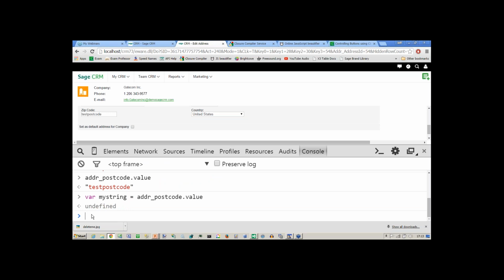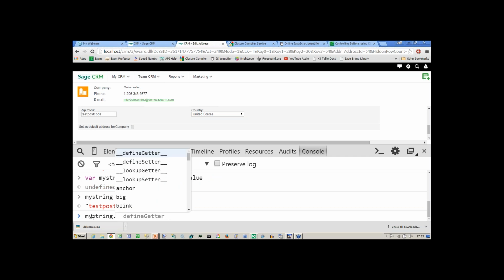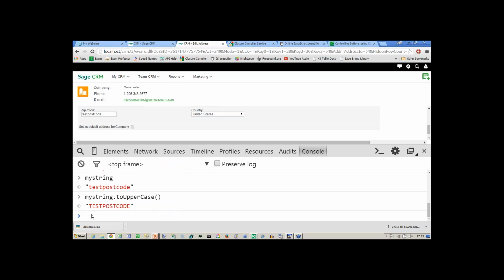So I now have my string, which is test postcode, but if I say to uppercase as a method, we can see that we can change it to uppercase. So I could write this in an interesting way. I could say address postcode equals value equals my string dot to uppercase,